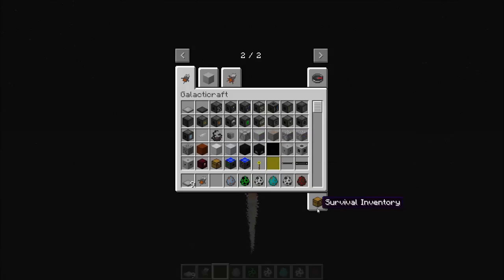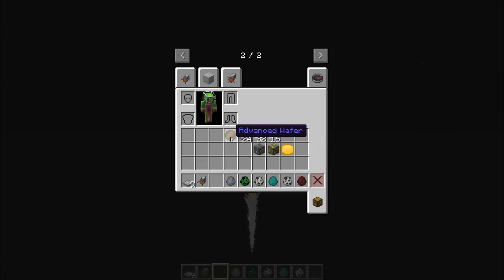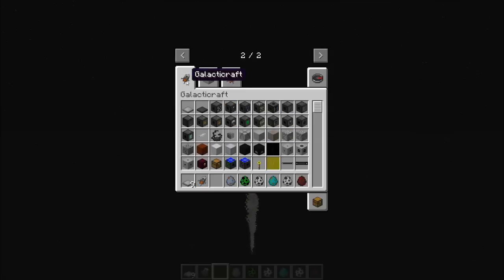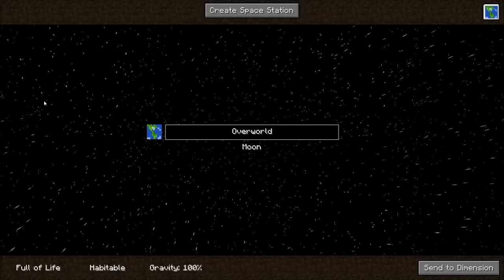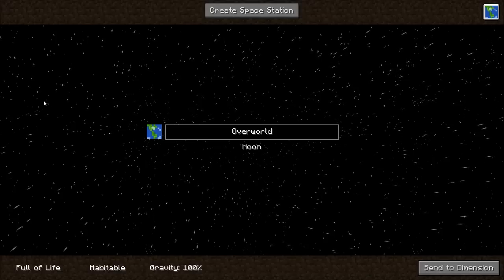But yeah, so to create a space station, you're going to need one of those advanced wafers that we crafted in the beginning. You need 24 iron ingots, 32 tin ingots, and 16 aluminum ingots. Now I'm gonna go ahead and basically come back to you when I get all the way up into that really cool GUI thing. All right, so here we are back,